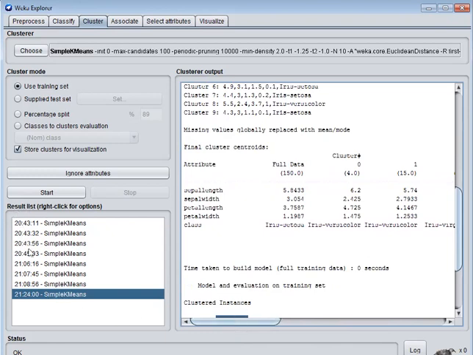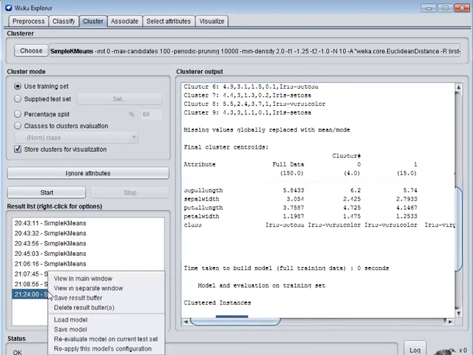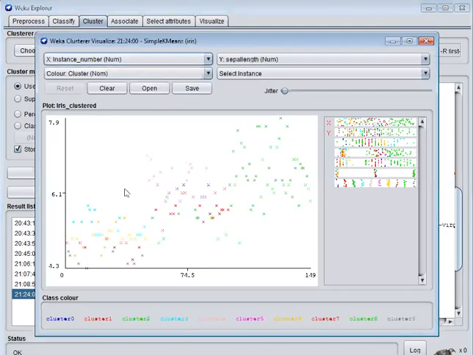Then we have to visualize the clusters. We choose visualize cluster assignments. The formation of clusters can be viewed on the x-axis and y-axis. The x-axis represents the instance number.